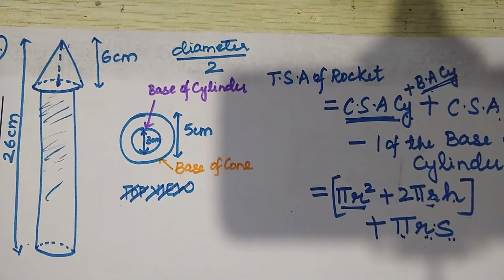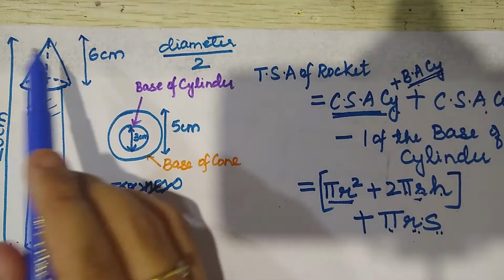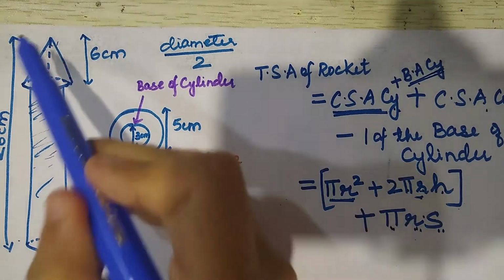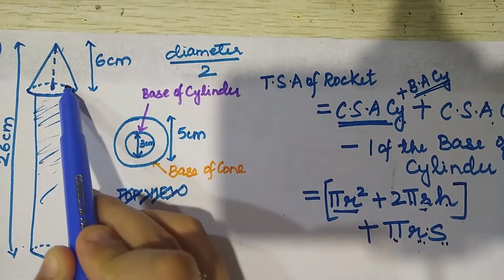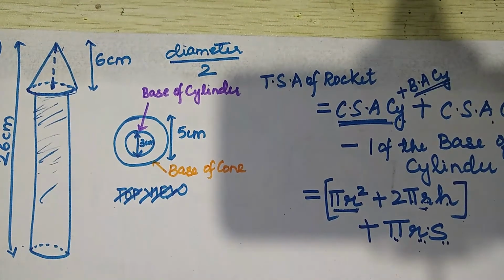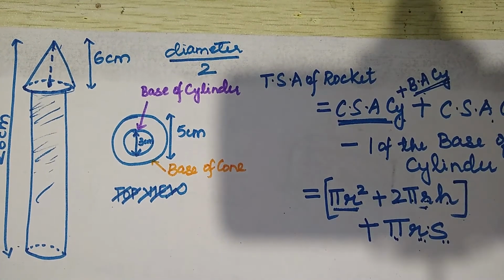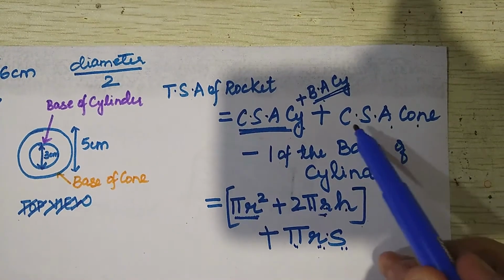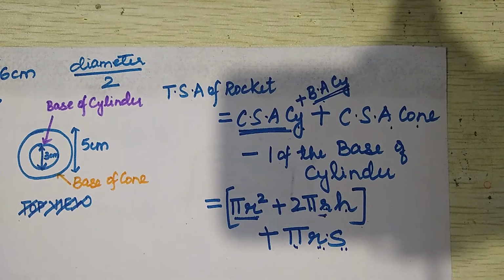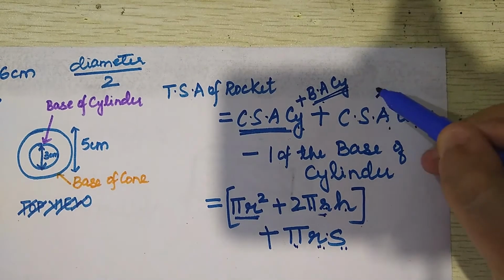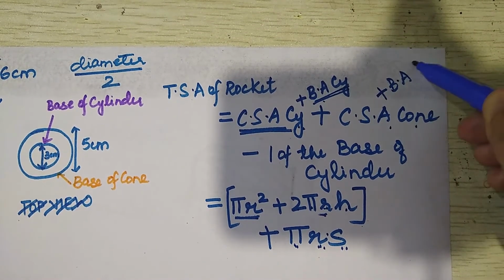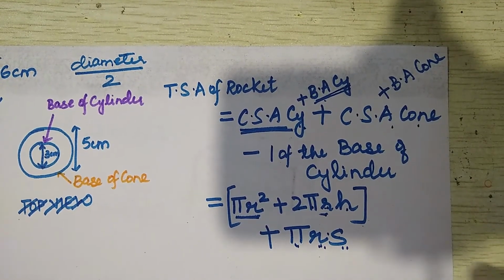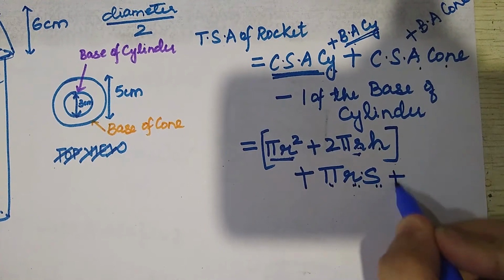We will learn as we go on, but right now pi rs is the formula that you'll have to remember for the curved surface area of the cone. Curved surface is this whole curved surface. It does not include this region. So go back to the formula and reevaluate it. You have only included the curved surface area. What did you have to include? The base area itself. The base area of the cone was not included, so you have to include that as well. So it will be plus.